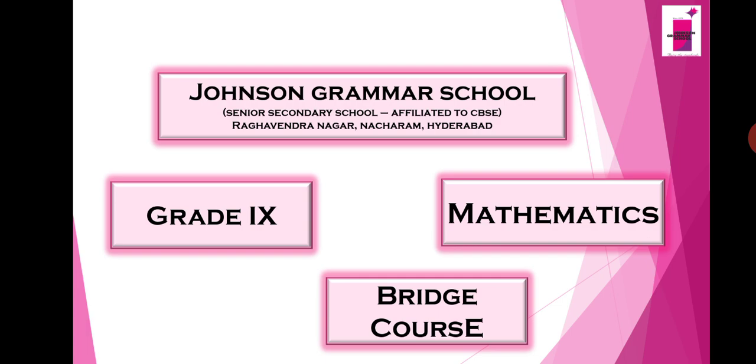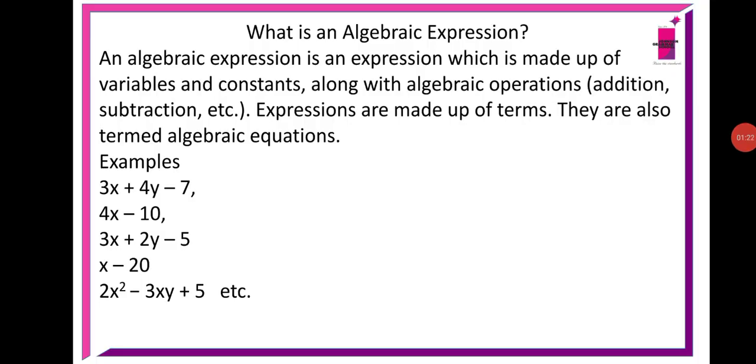Now you can see x is an unknown term and 4 is a constant term, or coefficient. You can call it the coefficient of x, which is the quantity of x. In this case, the value of 4 is always 4, and the value of x changes according to what type of pen you bought. Okay, so this kind of study in mathematics, this kind of expression or statement, is called an algebraic expression. So we are going to study algebraic expressions in this session.